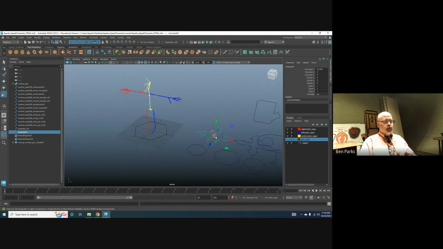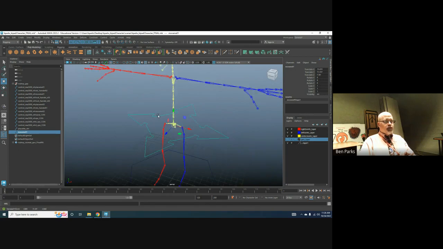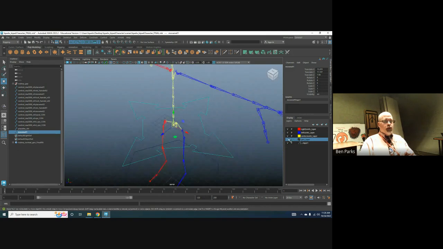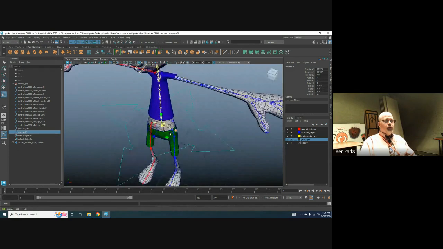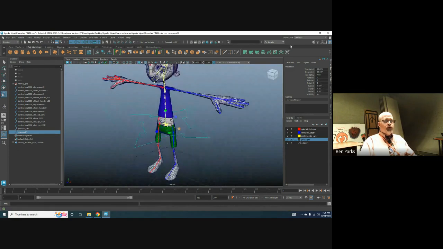I'm going to hold down V and snap that to my cog. Then I'll bring my geo back. This will be my moveMe, and I'll scale it to wherever I want it to be. I'm just going to rename that moveMe_CTRL